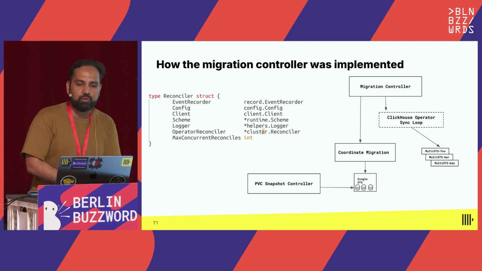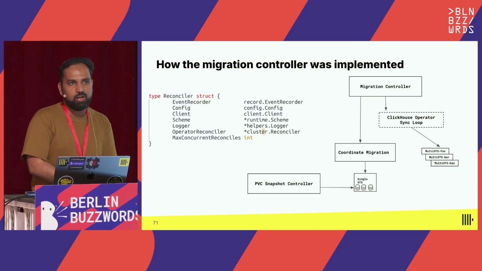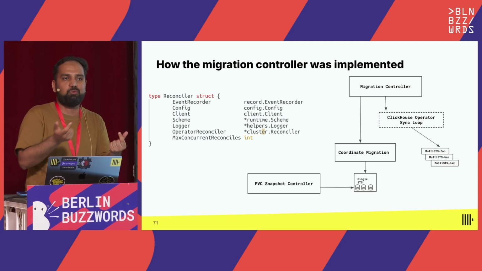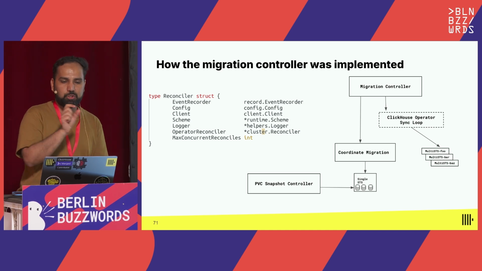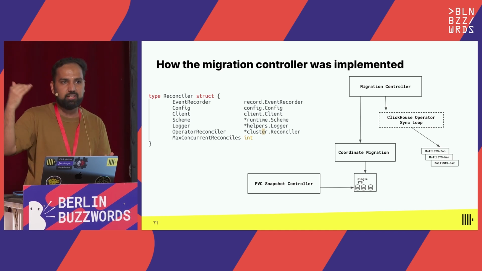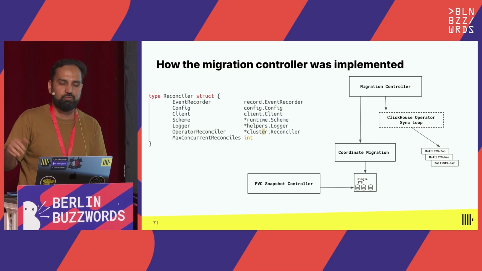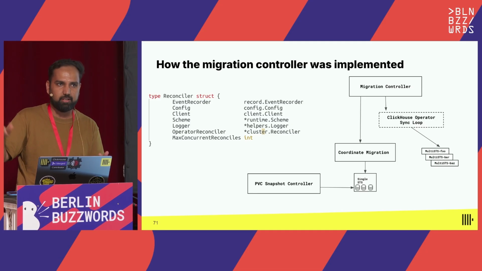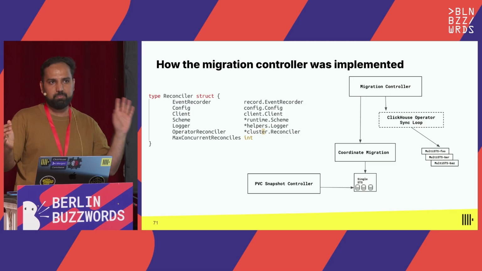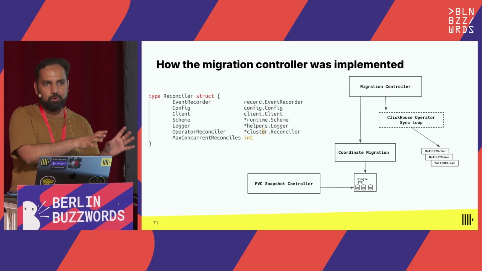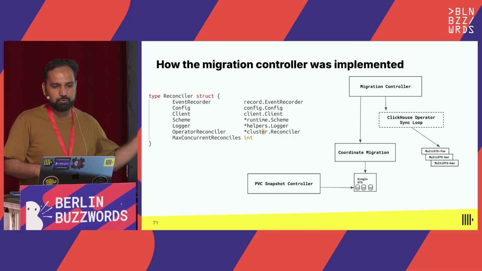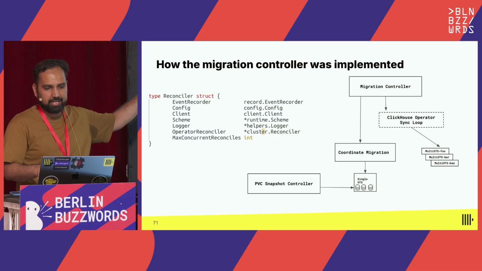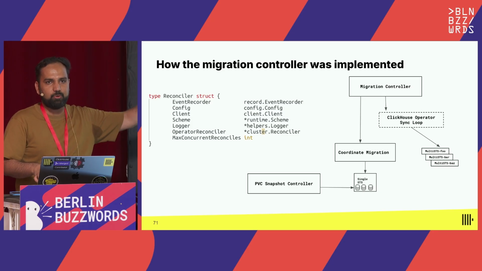And so the migration controller itself was effectively a wrapper controller. The clever thing was that even though it was a separate controller, it would call into the operator, because you still need a lot of the basic features of the operator, right? You still need to be able to provision users. You still need the ability to scale. So all the standard responsibilities of the operator were still there, but it was being done in a different workflow as part of this controller. So if you see here, you have the operator reconciler, the second last piece of line. So you have a reconciler inside of a reconciler, right? That's what it's doing.